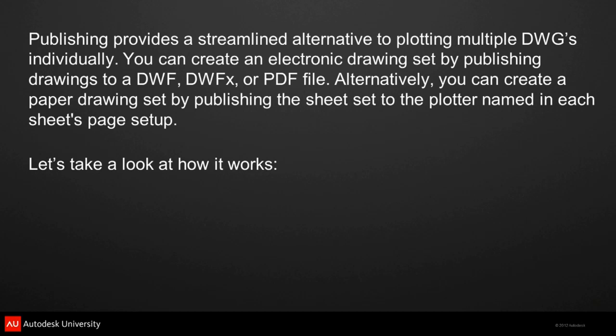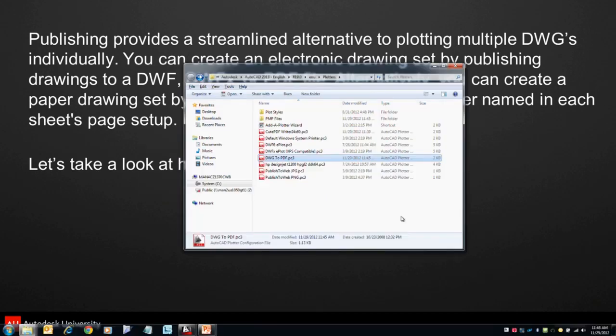And then we got a little better, and we had batch plotting, which was better. But publishing, I think, was 2004, maybe. Publishing was introduced to AutoCAD somewhere roundabouts there. But it provides a really nice, quick way to print out multiple sheets at once while having a lot of control over how they're going to look and how they're going to be plotted. So if we go to AutoCAD,